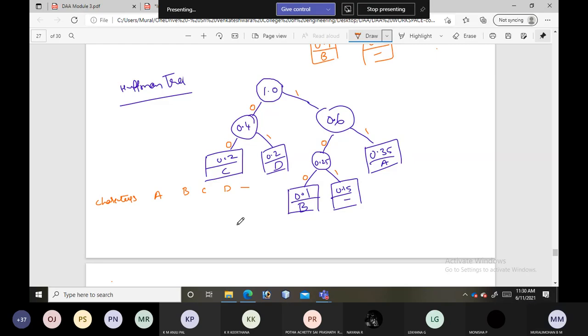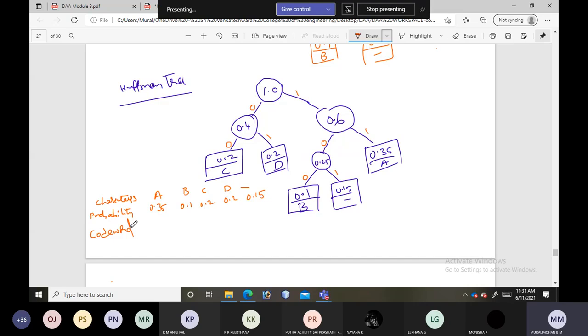Next, what is the probability of each? For A, 0.35. For B, 0.1. For C, 0.2. For D, 0.2. And for underscore, 0.15.